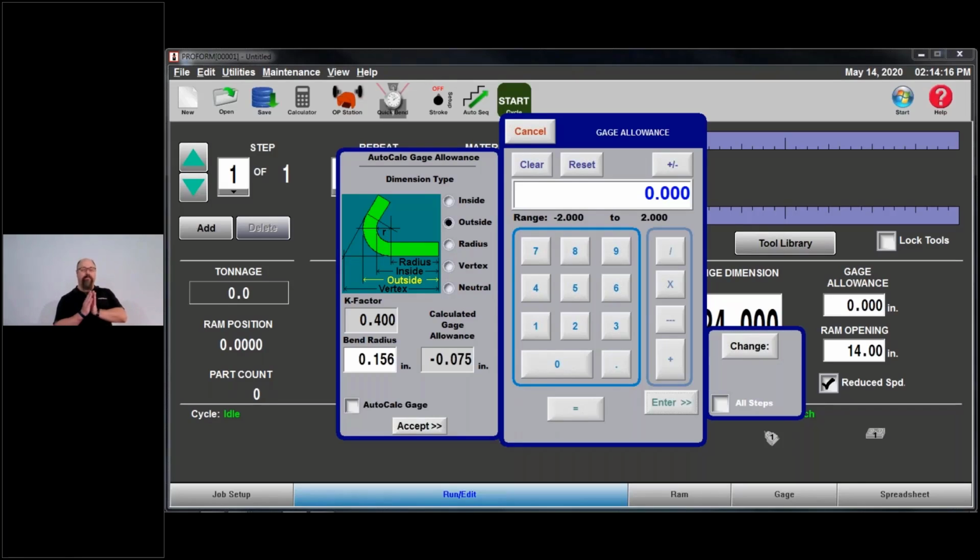So a positive number means that my part is shrinking and I need to move the gauge further back. A negative number, like you see on the screen right now, negative 75 thousandths, means that if I set a flange dimension of 2 inches, the gauge is going to come up to the edge of that flange, and then it's going to come in 75 thousandths of an inch to allow for my part to stretch by 75 thou.